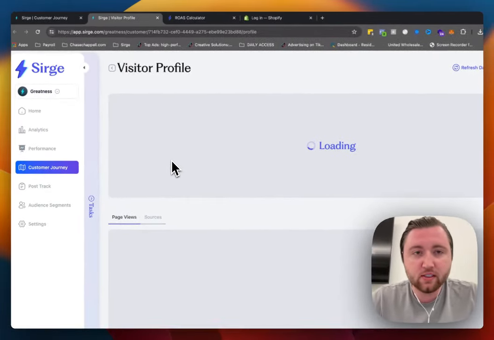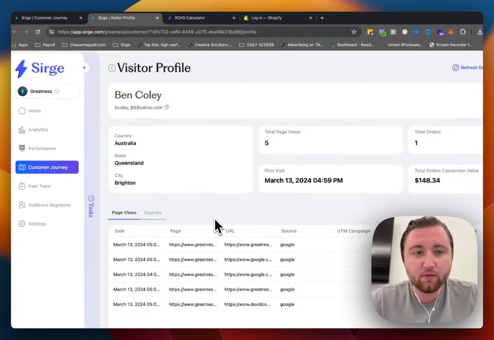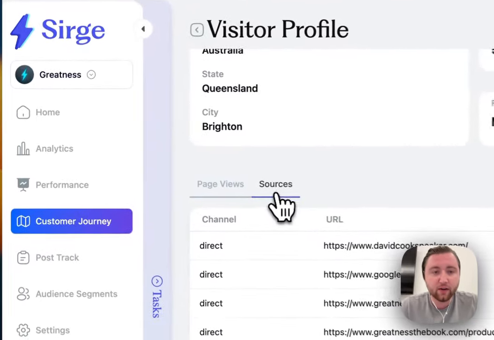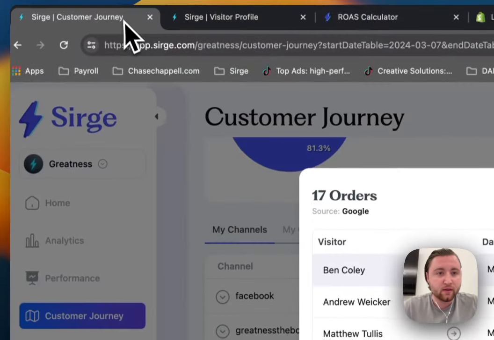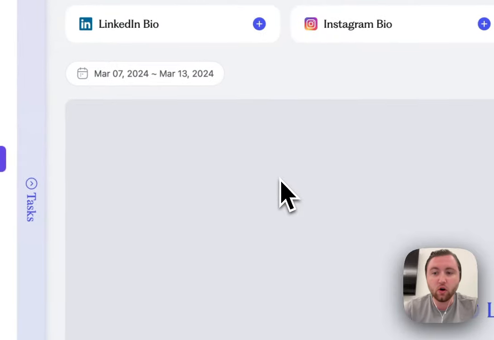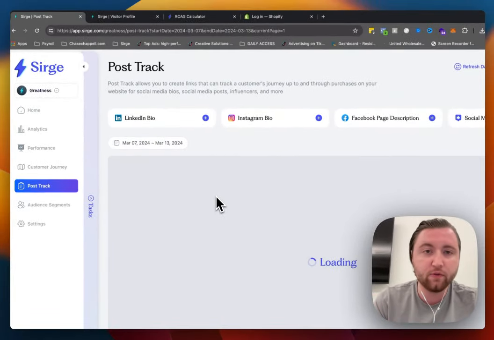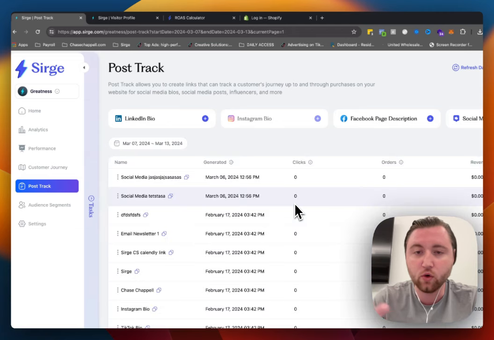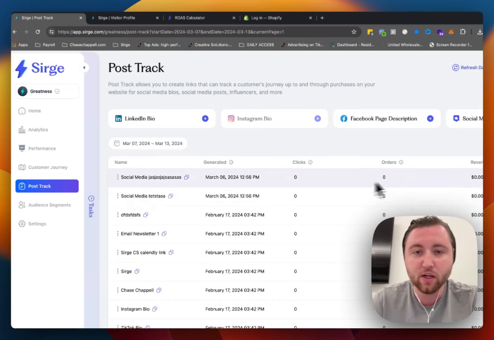And this is where you can see the full customer profile of this individual and where they navigated throughout your site and how they originated. And if we go back, we can go to post track, where you can actually track all of your influencers. If you're working with influencers, you can send them a custom link. And this is where you can actually track how many clicks, how many orders each individual influencer got. So that way you can know how much money they're making you and see exactly how many orders and sales